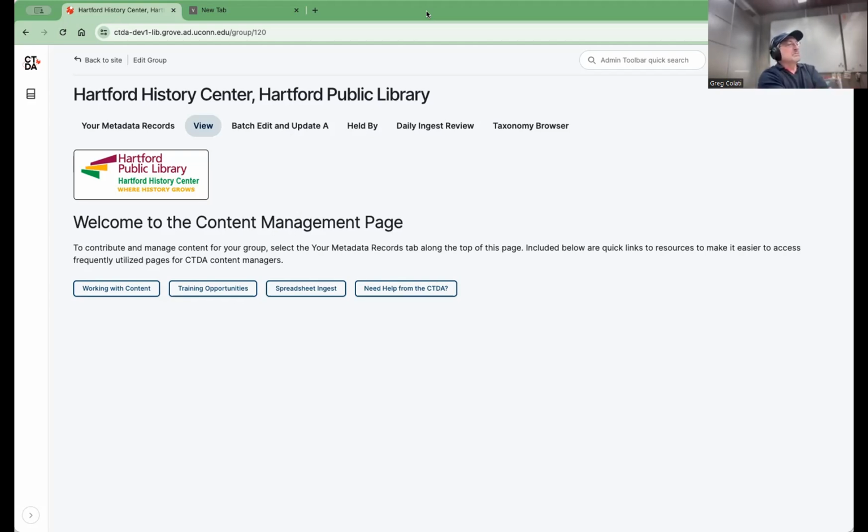And Michael Howser will talk more in depth about the taxonomy browser. It also gives you links to different help screens. If I was logged in as a group manager, I would get statistical information about my content as well, but I'm just logged in as a regular